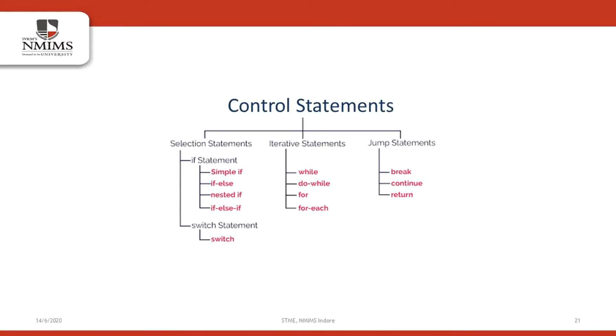Similarly in Java, a control statement is a statement or a piece of code that decides whether or not the other statements will be executed. It basically controls the flow of the program, and thus the name control statements. Now, there are three types of control statements: selection statements or decision-making statements, iterative statements or the loops, and the jump statements. Out of these three, we'll be doing the selection statements in detail. We'll just discuss one of the iterative statements, that is the for loop, and we'll totally skip the jump statement. So basically we'll jump over the jump statements.